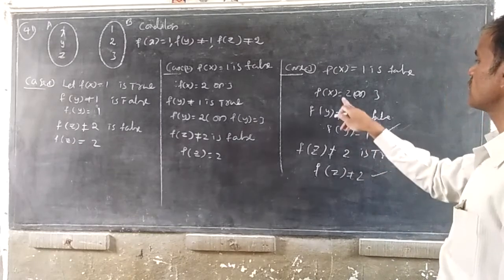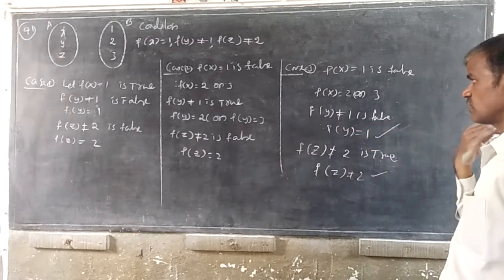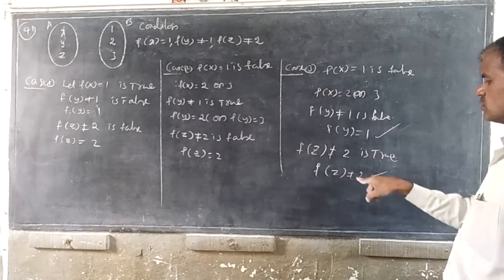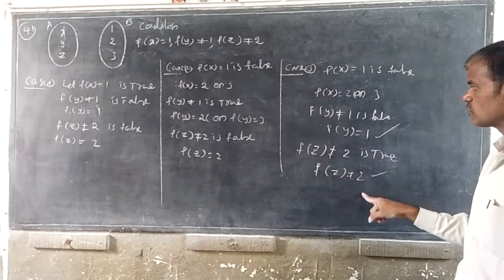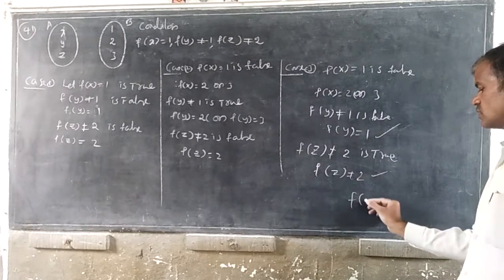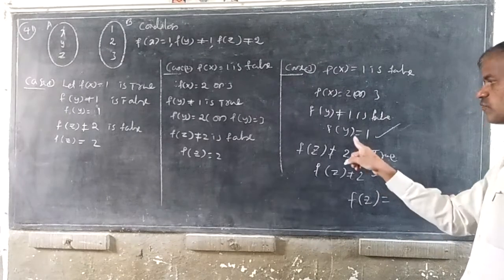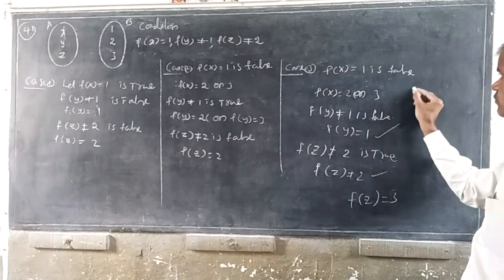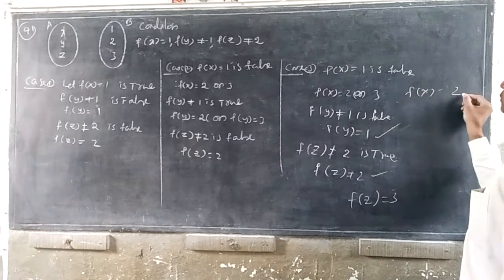Now, whenever f of x equals 2, f of z is not equal to 2. Exactly. So decide it off. Here 2. Here, whenever f of z is not equal to 2, it should be 3. Not equal to, yes, f of z is not equal to 2. If we confirm this one, 1, f of z equals 3, of course f of x equals 2.